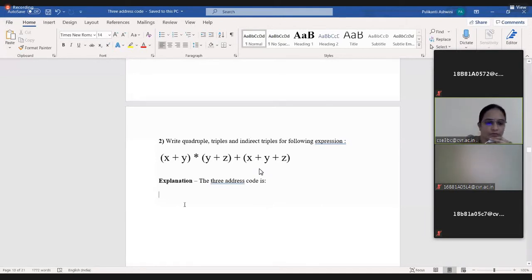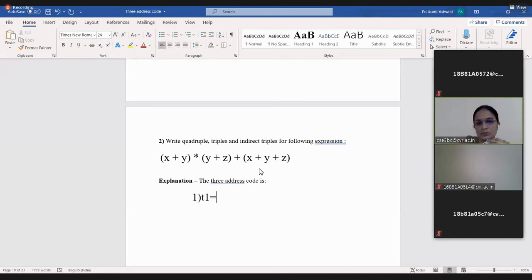So now first I'll take one temporary variable called t1. As all the expressions are inside parentheses, they all have the same priority.